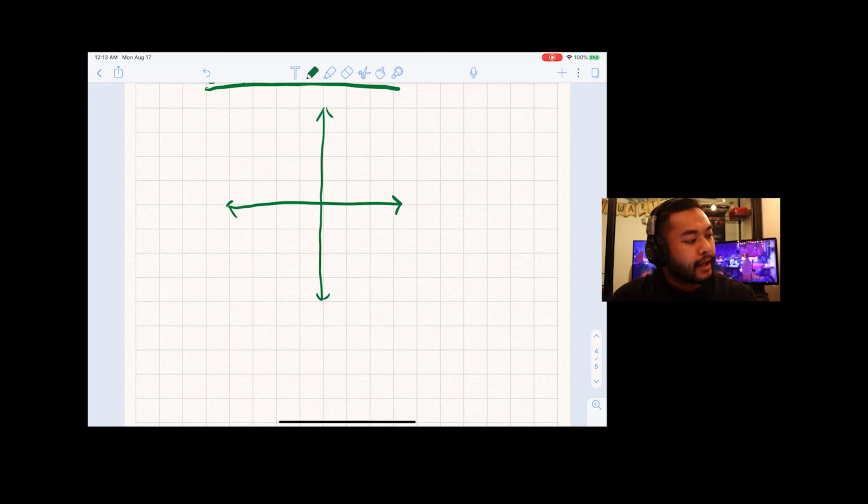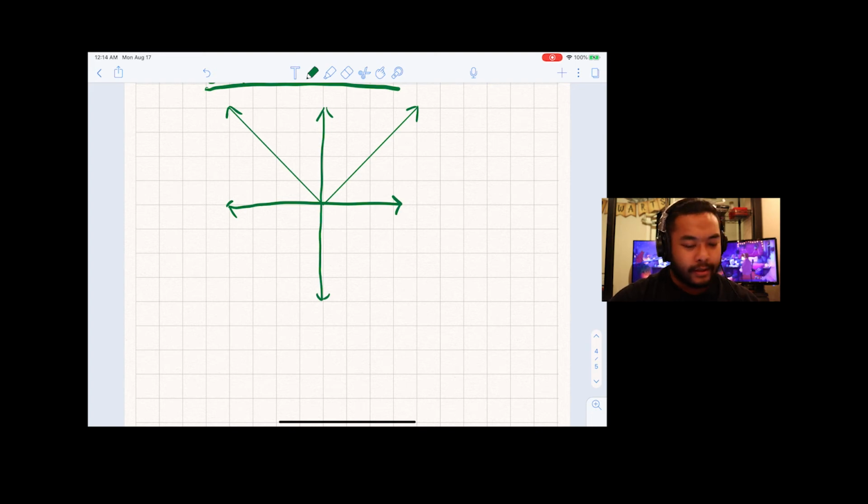Let me take a look at my handy dandy notebook. If I look at an absolute value function, then it can look something like that, and then something like that. Okay,